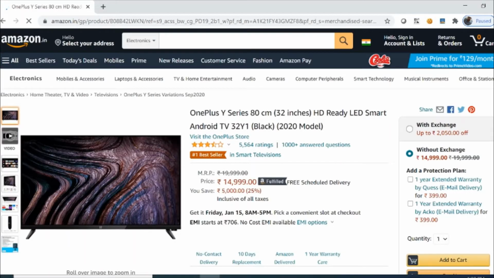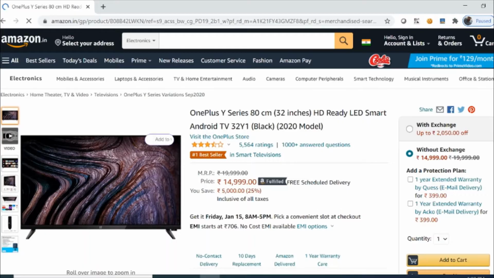like I have opened this product. This is a OnePlus Y series smart LED. So you can see this is the current price of this smart TV, but this price keeps on changing depending on the demand and time. So Hybris provides us this flexibility to change the price of any product at runtime, and also Hybris provides us this flexibility to change the images of this product at runtime.